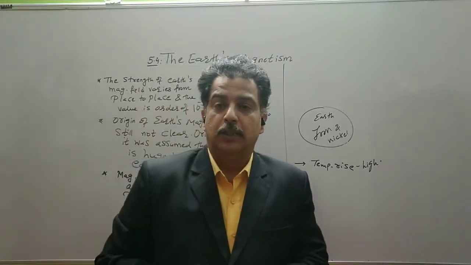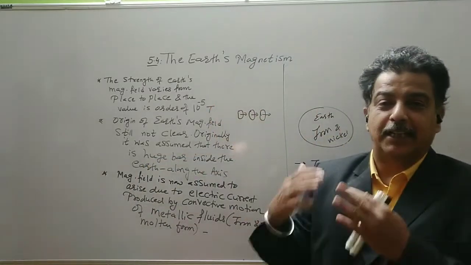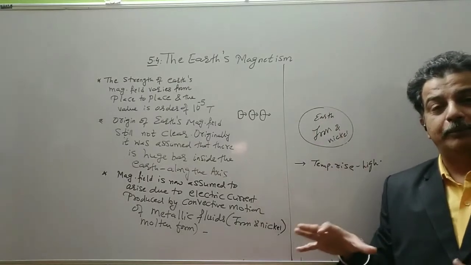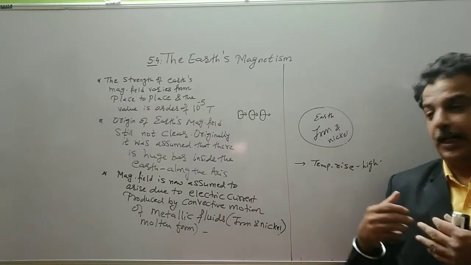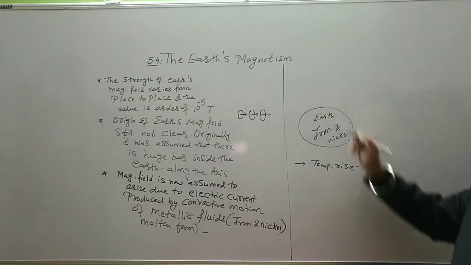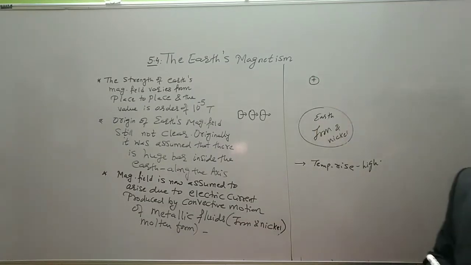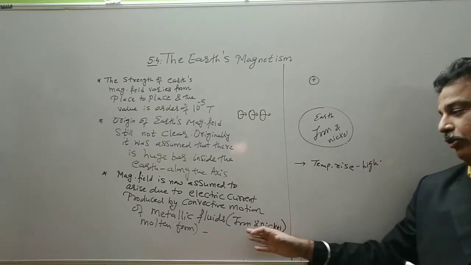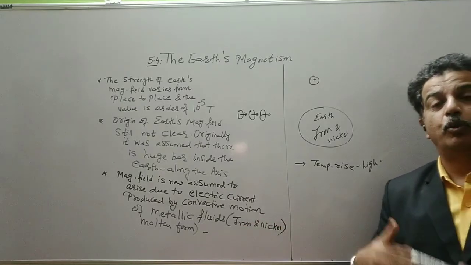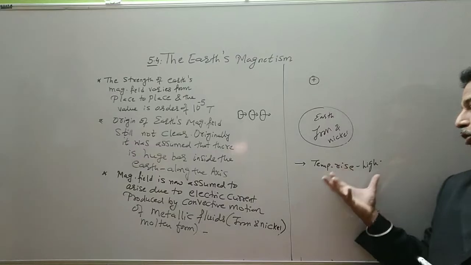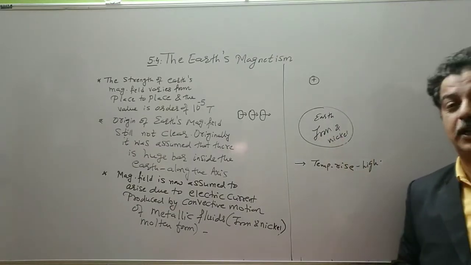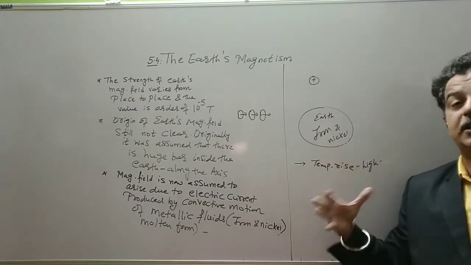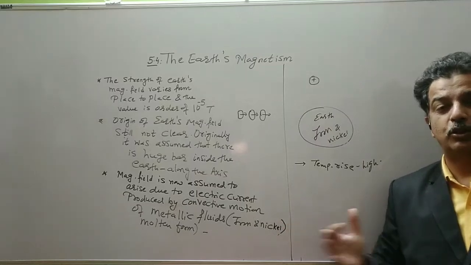So ionization potential means at that potential they lose their electron. So iron and nickel at a high temperature, all their electrons are gone, leaving behind the positively charged ion. Now this positively charged ion of iron and nickel are in motion. They are continuously in motion because the temperature is very high, their electrons are gone, because the energy available inside the earth is higher than their ionization potential. So they lose an electron.